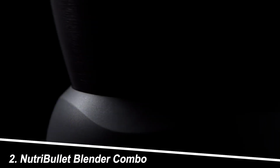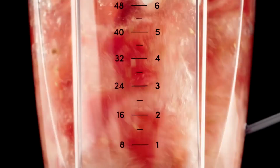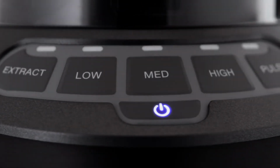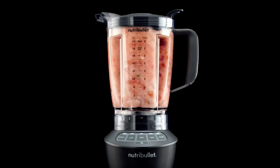Number 2. NutriBullet Blender Combo. For those seeking versatility and convenience, the NutriBullet Blender Combo emerges as a top choice. This all-in-one appliance seamlessly transitions from single-serve blending to large batch processing, thanks to its multiple cup sizes and interchangeable